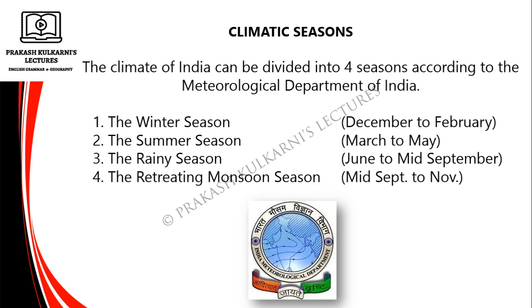Here is a clue for you to remember. Now, winter season, December to February. You remember deaf. Who is a deaf person? One who cannot hear. Deaf means December to February. In the second one, Mama, March to May. First 2 letters of each word, Mama. Mama means mother's brother, deaf Mama.